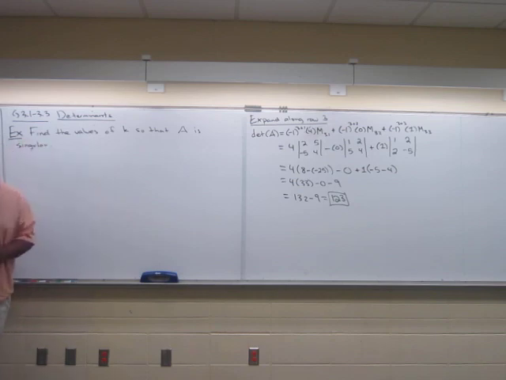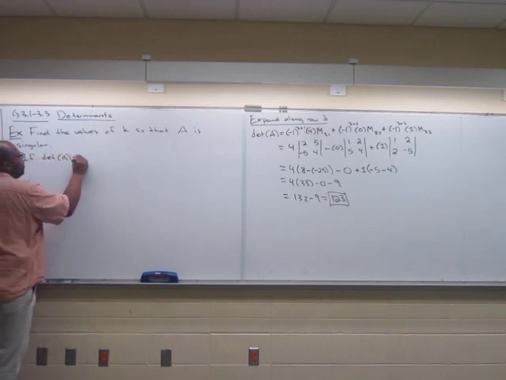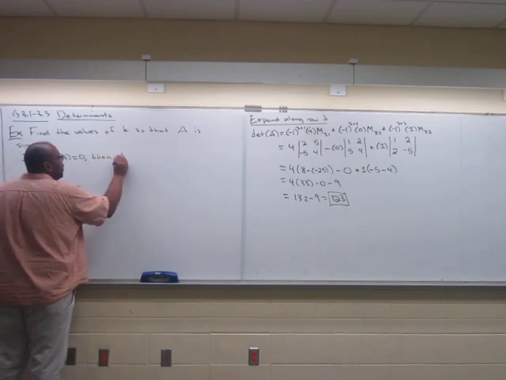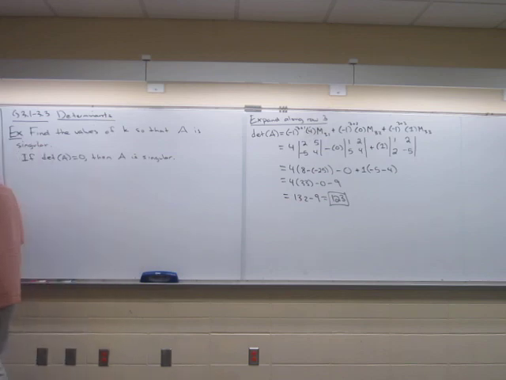Now remember what singular means. Singular means it's like zero, meaning that zero does not have an inverse, like 1 divided by 0 doesn't exist. So singular means like 0, meaning that A has no inverse. And we know that if the determinant of A is equal to 0, then A is singular. Now what is A in this particular case? So let's put it down. I have A is equal to